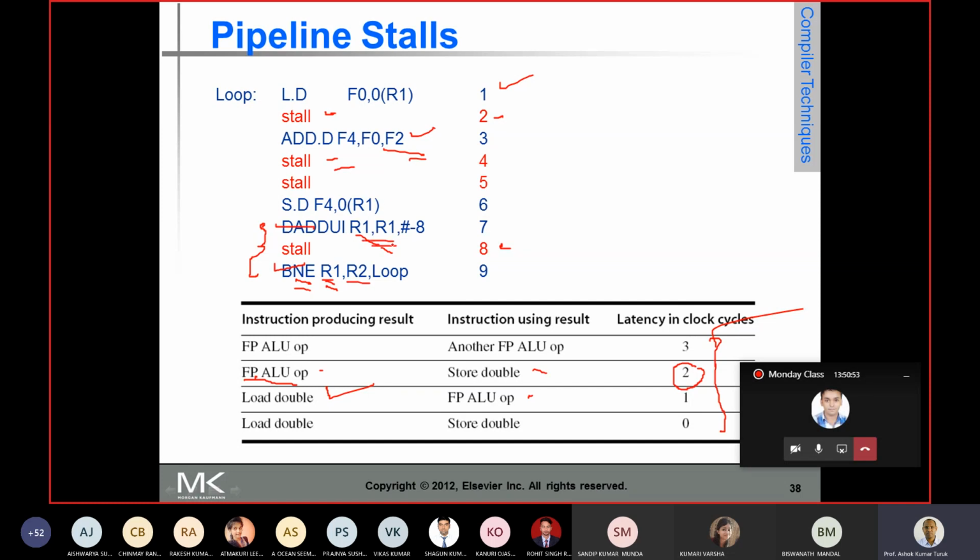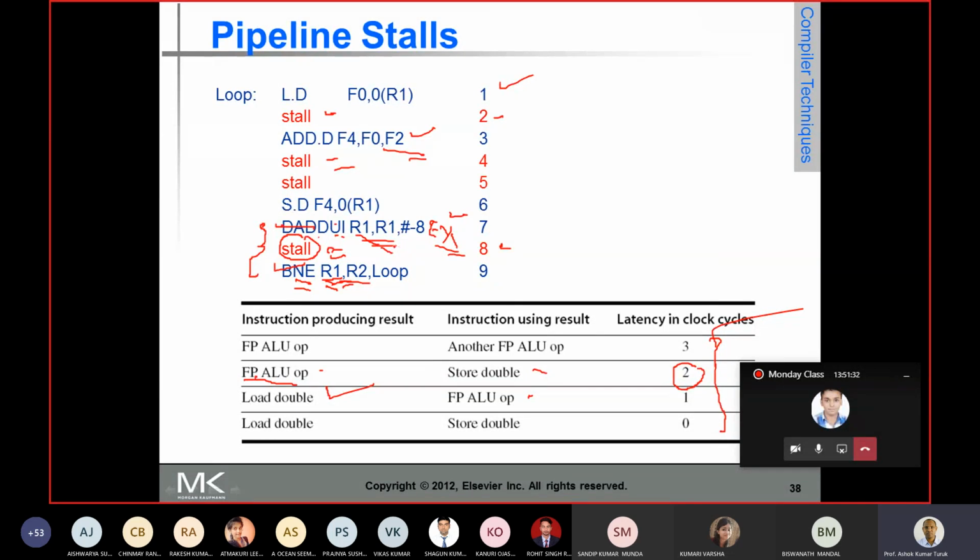These integer operations complete in the execution stage. Now this is a branch instruction, and branch instructions complete in the instruction decode stage. When the branch is in the instruction decode stage, the previous instruction is in the execution stage. The branch needs the value of R1, which is still not produced by the add unsigned immediate, where U stands for unsigned, I for immediate, and D for double word. It is still not produced, so it takes one clock cycle, and a stall takes place.